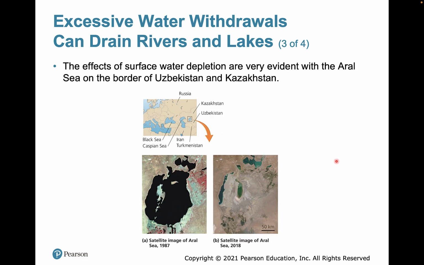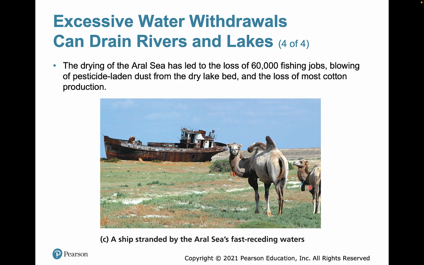If you look at the Aral Sea, which is right here on the border of Uzbekistan and Kazakhstan, this was the Aral Sea in 1987, and this is the Aral Sea as of 2018. They used a lot of that water as irrigation for cotton fields, okay, and cotton production. So they overused it and it dried up. The Aral Sea used to be a great fishing ground, so they've lost fishing jobs, they've lost the cotton production,